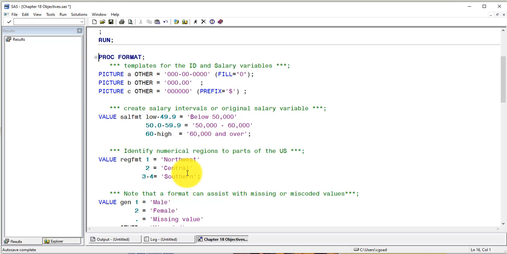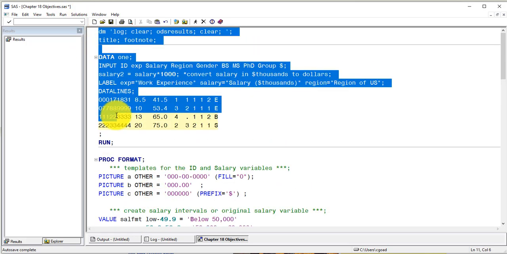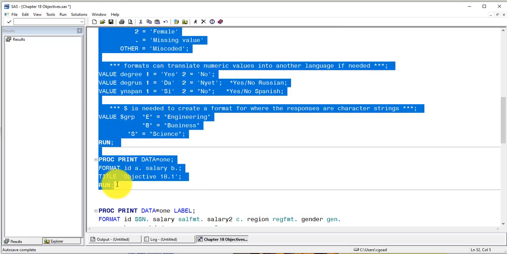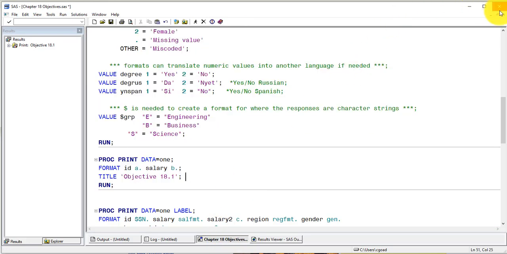So let's scroll back up. A says for the IDs I want to fill in this code, and if I have leading zeros, it's going to place a 0. For salary, then it's going to use this information. So if we take this and highlight everything down through that print procedure, alright, now if I go back to the program code for a moment,